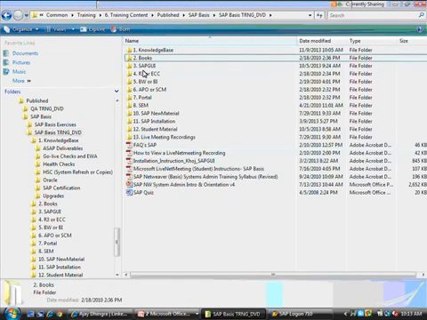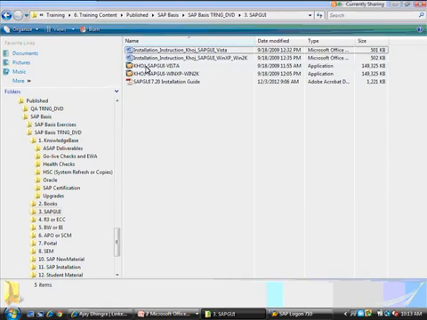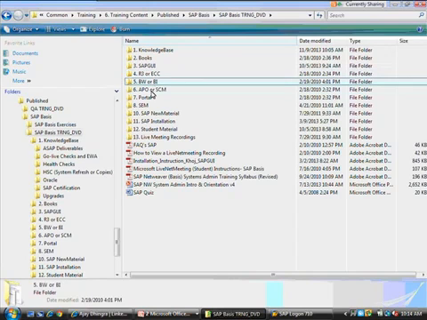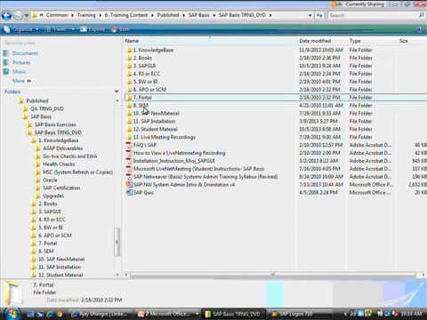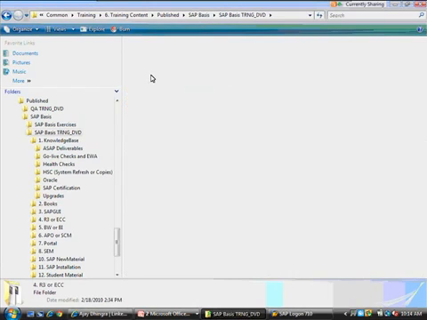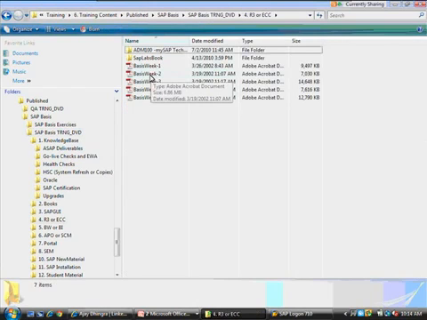Then we have the SAP GUI installation itself, with material on how to install it, and this is also available to download from an FTP site. We've got some more in-depth material on ECC, BW, SCM, Portal, SEM. We won't be going into these, but it's out there, just so that you remember.